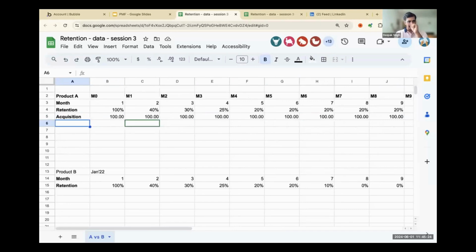Now, what you'll realize is in December, let's say 12 months from now, the M0 is 100K people coming in December, right? These are new users. But from November, only 40% are retained, right? Which is the month one retention. So this will be 40K. This is basically 40K, right?